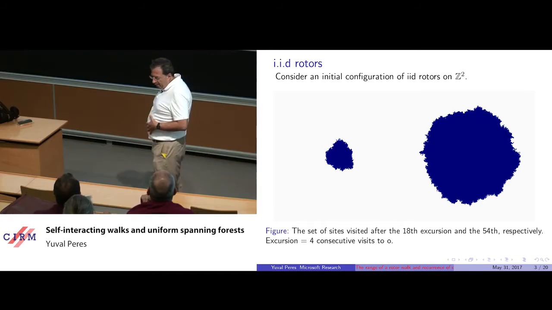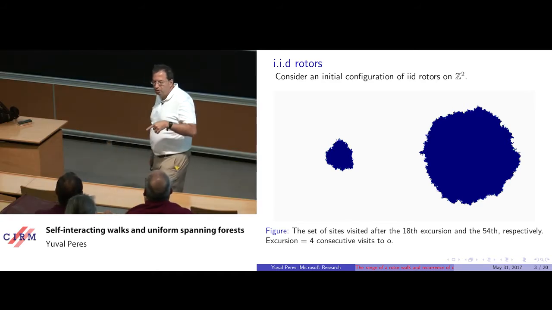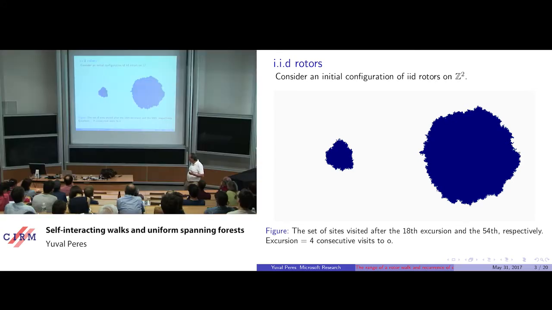And so in this context, we define an excursion of the particle. So it starts at the origin. An excursion is not one return, but by definition it starts at the origin, and it has to exit along all 4 edges, and then come back. So it's really the 4th return to the origin. So that's one excursion, and this is after 18 excursions what the visited set looks like, and this is after